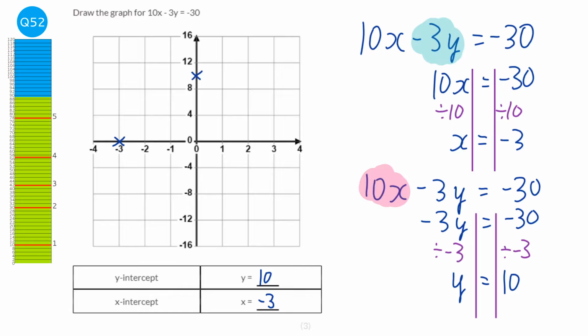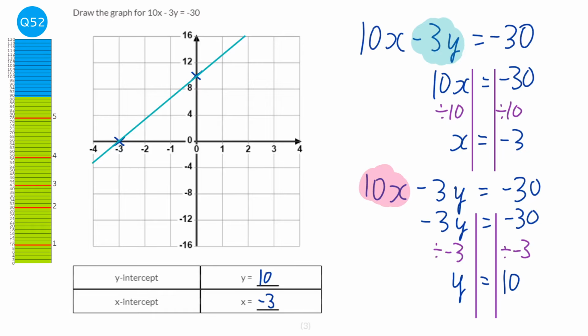And we know that the minimum amount of points we need to be able to draw a graph accurately are 2. So if we've got 2 points, we can draw a graph. And here we do have 2 points. So I'm just going to draw in this graph as best as I can. And make sure your graph goes for the complete graph. Then make sure your line continues on for the complete graph, and don't just draw it between the x and